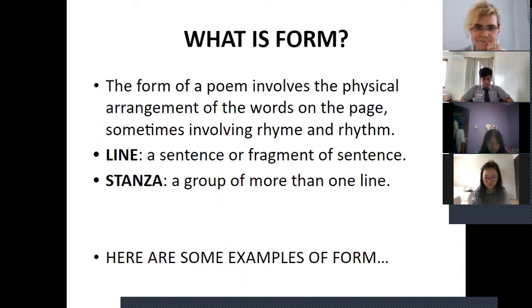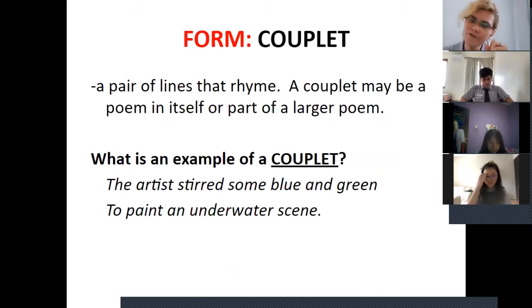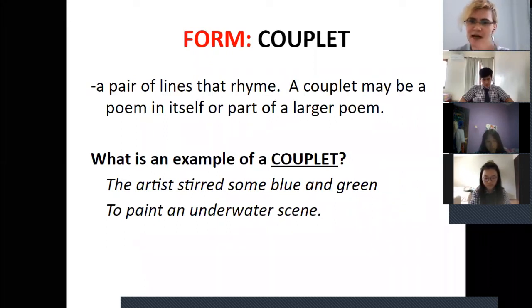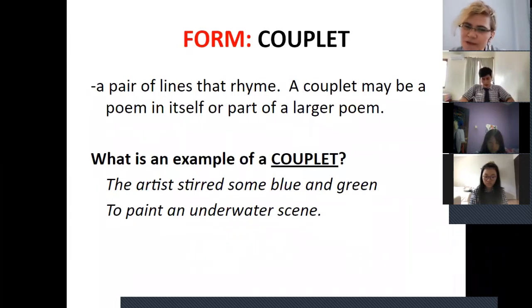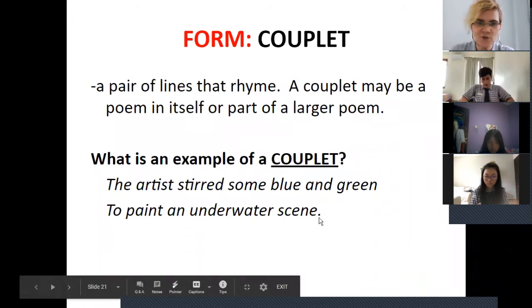Now you could have the form of a couplet. We did this already last year, guys. A pair of lines that rhyme. So a couplet may be a poem in itself or part of a larger poem. You can have many couplets, more than one. An example of a couplet: the artist stirred some blue and green to paint an underwater scene. Green and scene, you have this rhyme going on here with the last two words. So in a couplet,